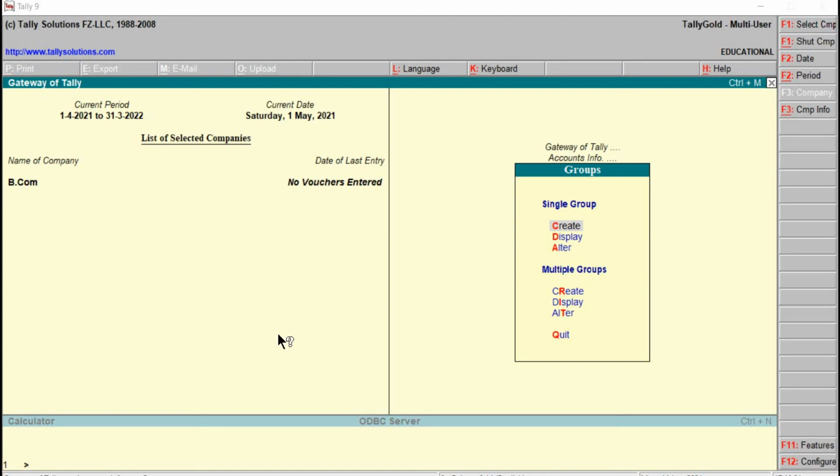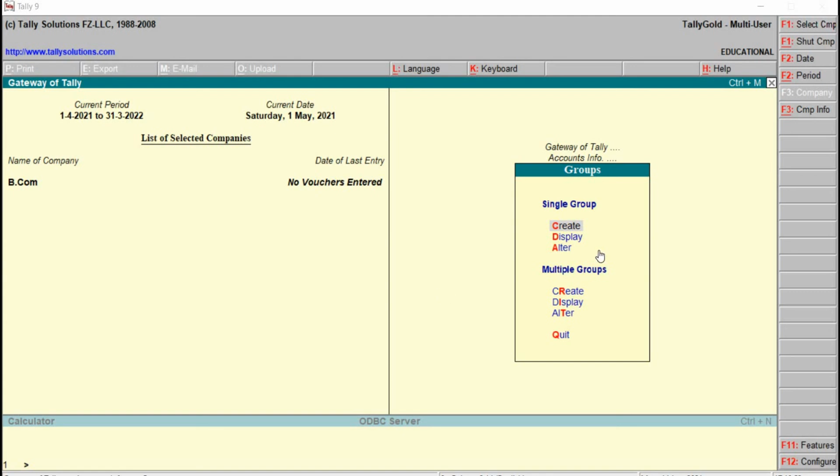In single mode, in one single screen or window, we can alter only one group at a time. But whereas in case of multiple, we can do the changes for a list of groups in one single screen or window at a time.